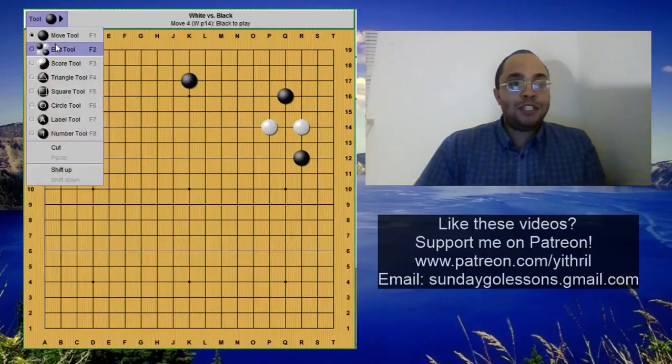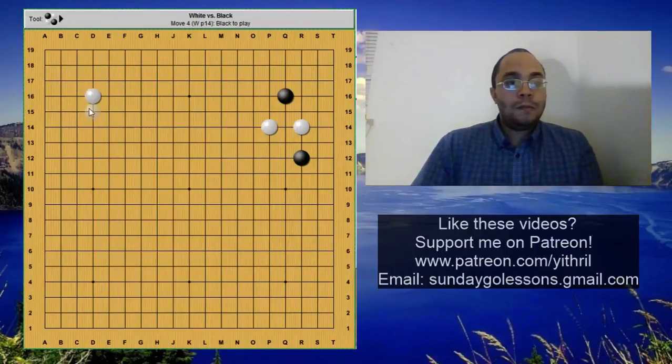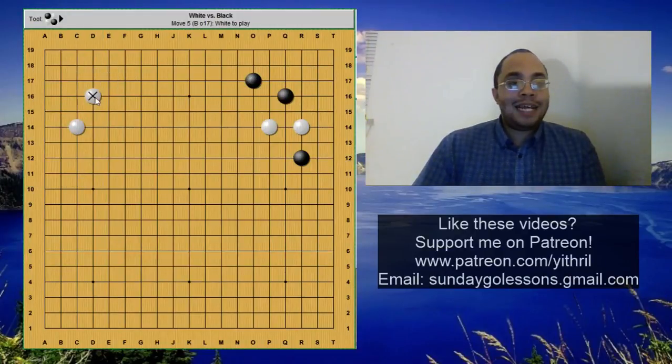If your opponent is really strong on the upper side, and you're not going to really make that much territory, just take territory and go on with your life. Alright, now that we've got that out the way, let's go back and look at what white